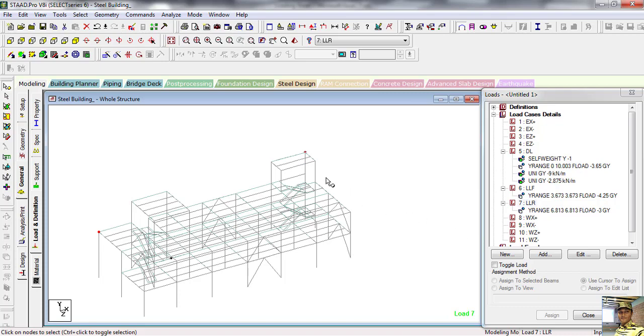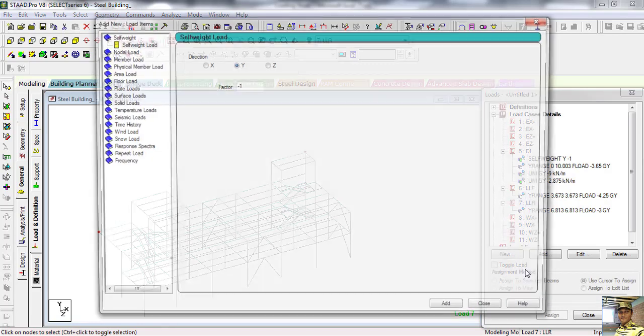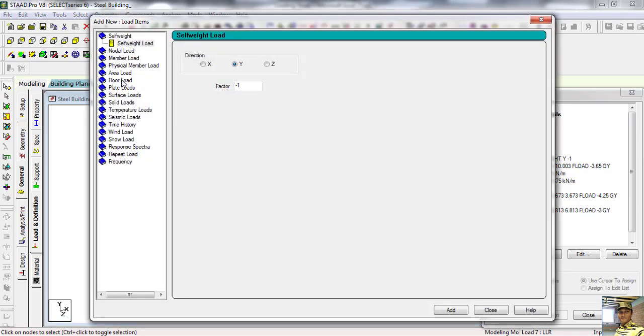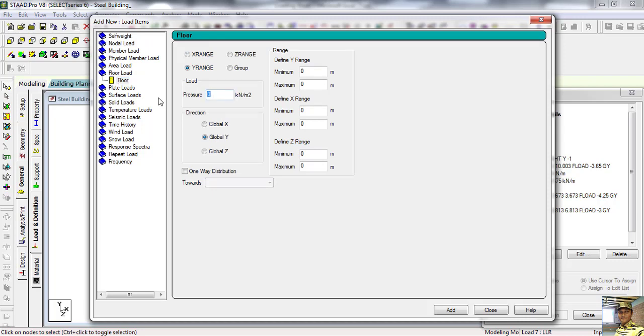So assuming this, how to define 1.6 kilonewton per square meter? Same way select live load roof, add, same way floor load, minus 1.6 kilonewton per square meter.